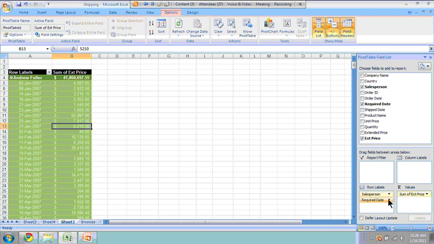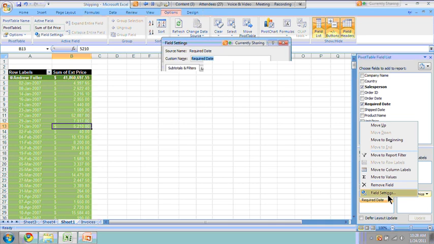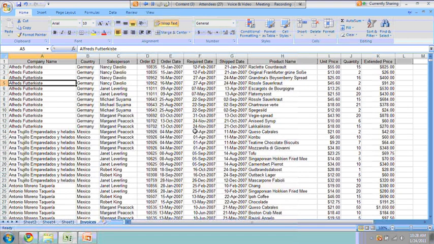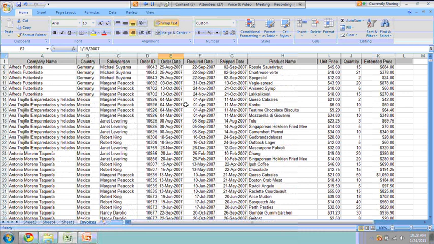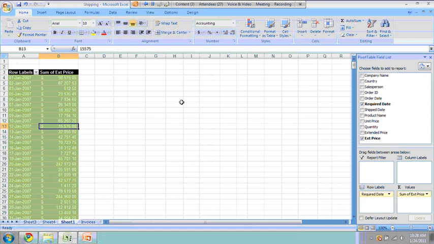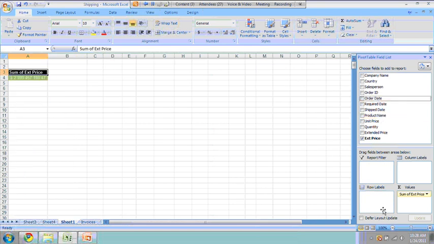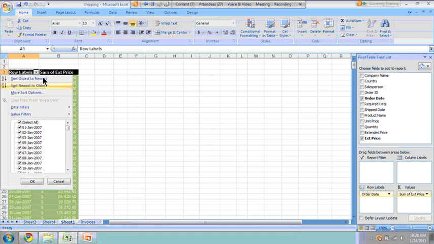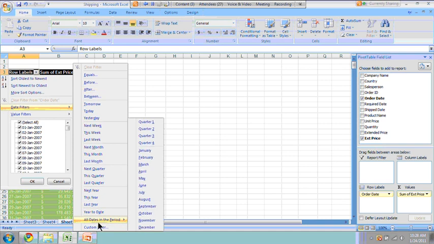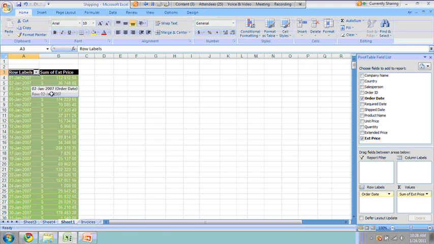Gotcha, yeah. So what we could do is, so we're kind of like how this data right here, it's just an actual date. It's not actually broken into a particular quarter or anything like that. Right. So how do you show a pivot table that reflects that data by quarter? So let's put the order date in there. And what you could do is go, when you have a date in there, you can use the drop down, and the date does allow you to go through and filter out by a quarter or a month or anything like that. As far as breaking it down a little bit more,